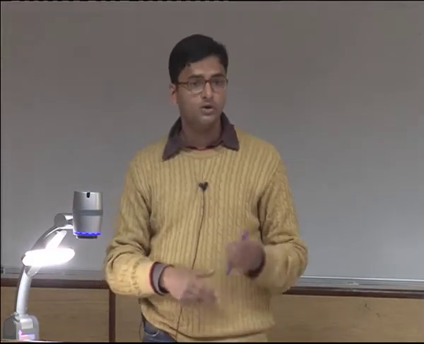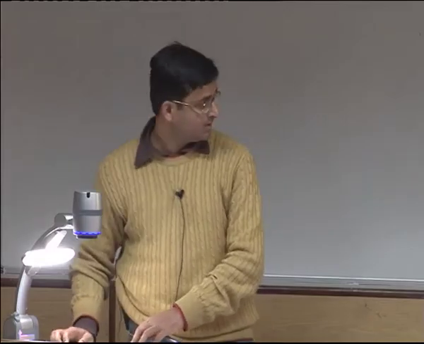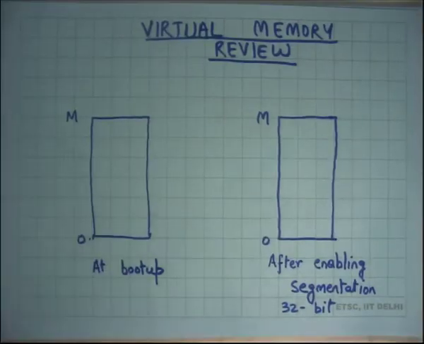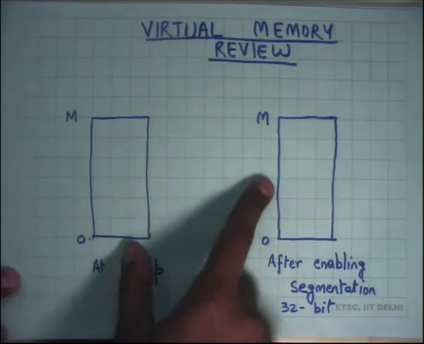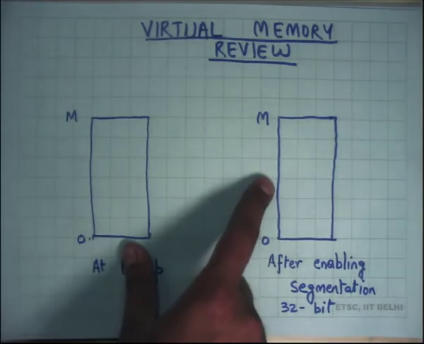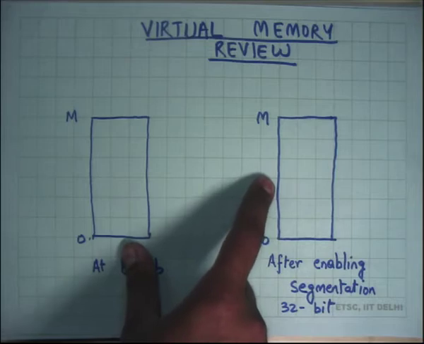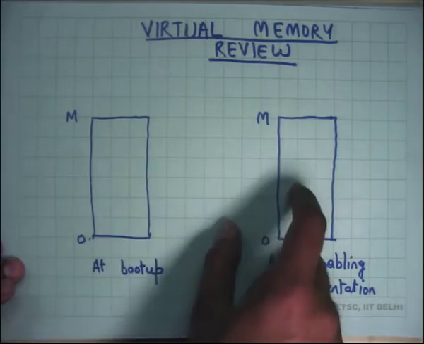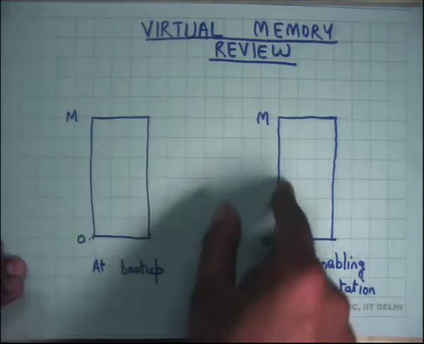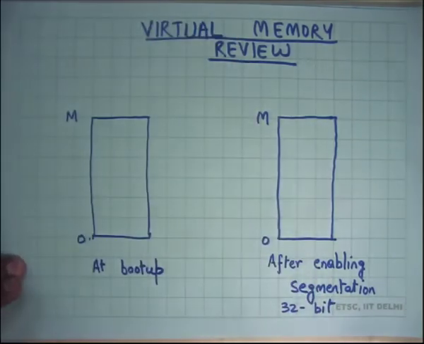So in theory, you could enable segmentation and use it to segment your address space, but the kernel that we are studying just sets base to 0 and limit to 2 to the power 32 minus 1. So once again, I have a completely flat address space, right? If you say I want to access address x, so let's say you fill in the value x into your EIP register, it just goes into the physical memory at address x, and as long as it's between 0 and m, you will see a valid byte. If it's greater than m, you will see an error. Some kind of an exception will be thrown by the hardware.